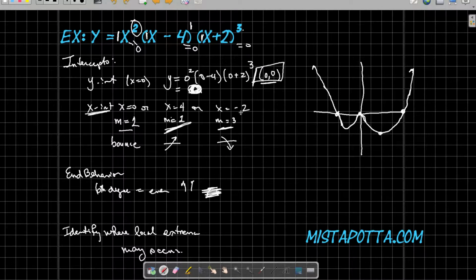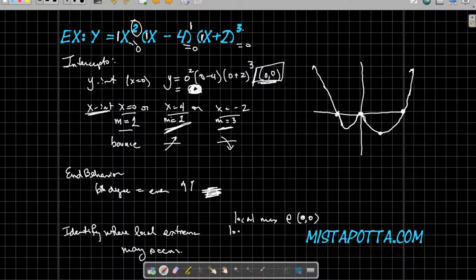So I'm looking at this. I know that I have x-intercepts. I know I have solutions at x equals 0, at x equals 4, and x equals negative 2. I know I have a y-intercept at 0, but I also know that I have to have a local max at the point 0, 0. And I have local, horrible, horrible handwriting. Let's fix that. Local max at 0, 0,